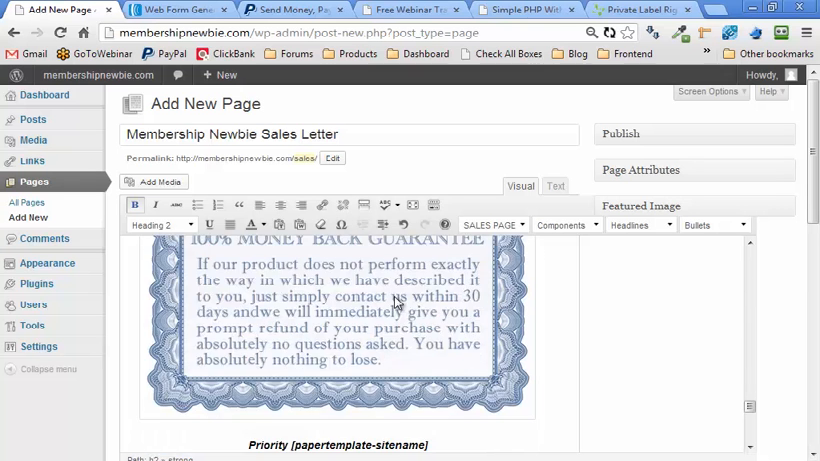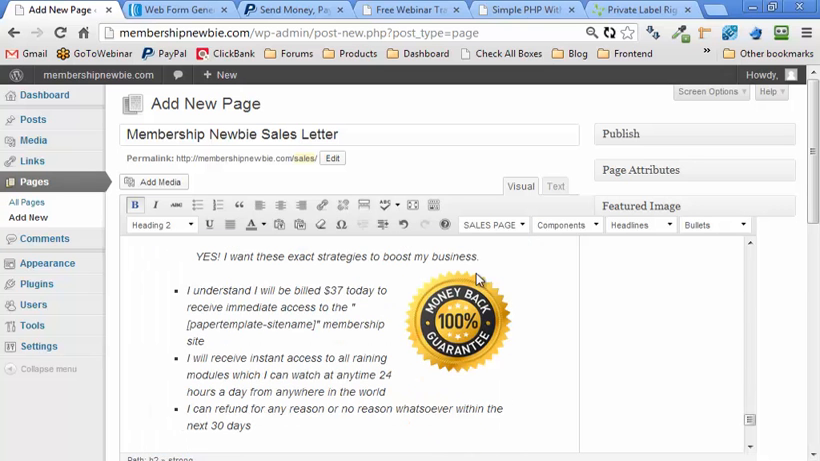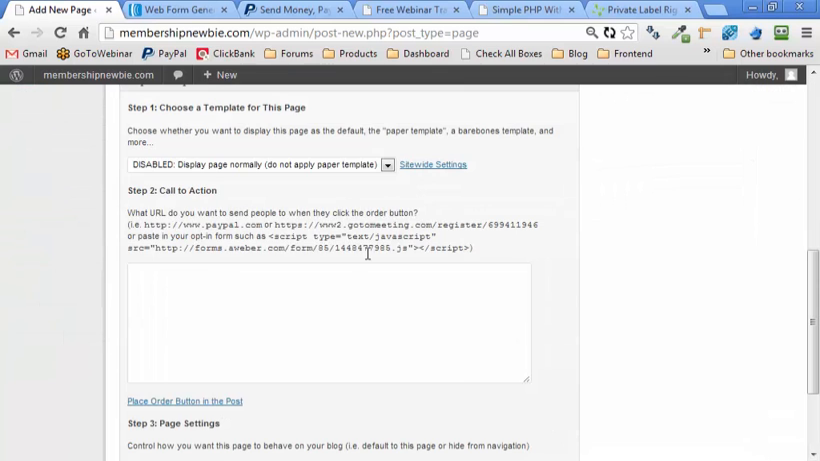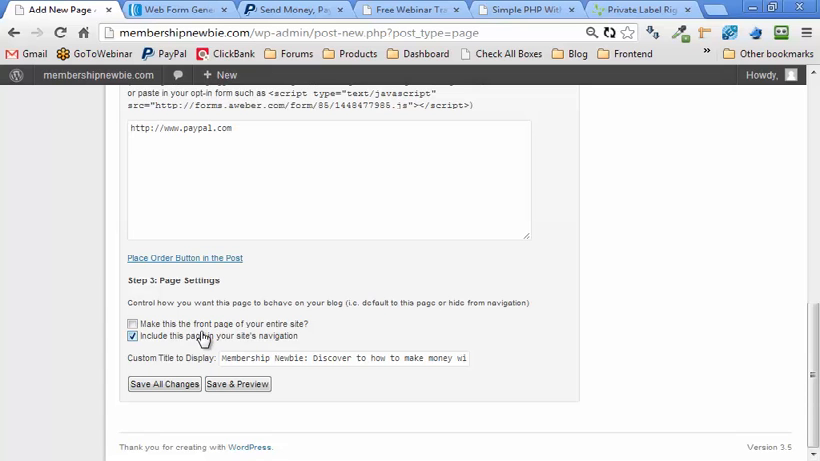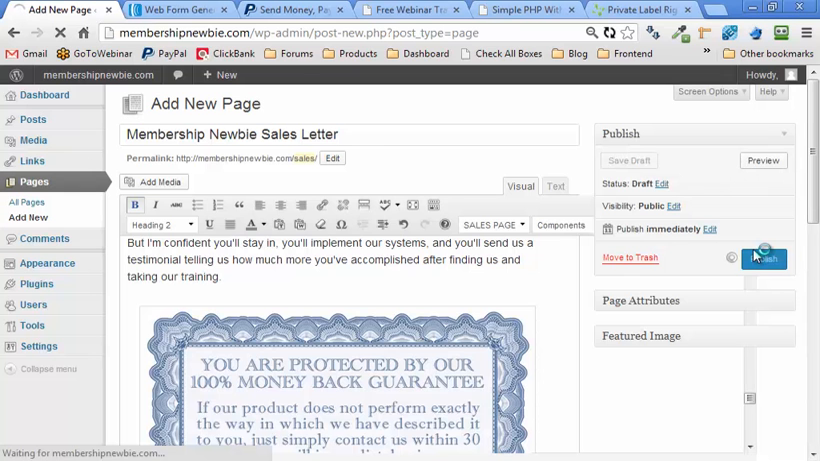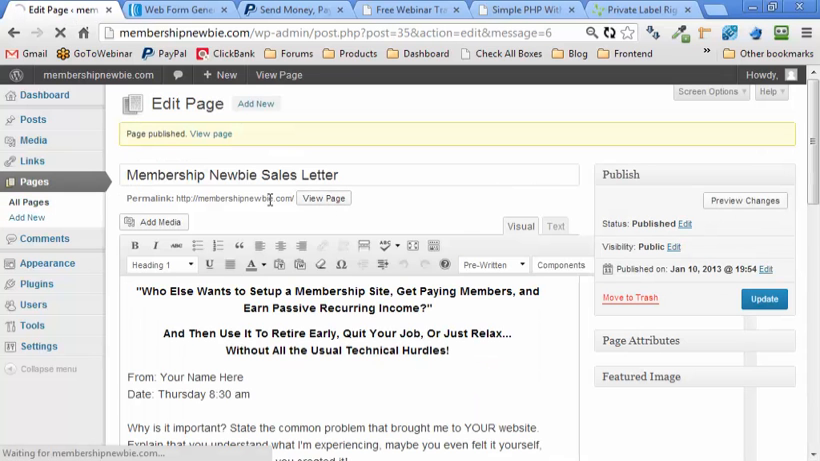And we've given you a guarantee certificate. We've given you a guarantee seal. We've given you an order area. So all you have to do is say, I want this to be the paper template. I want to link this to my special PayPal button, and sure, I'll make this the front page of my site. All right, so just clicking around, and I can click on to publish this,